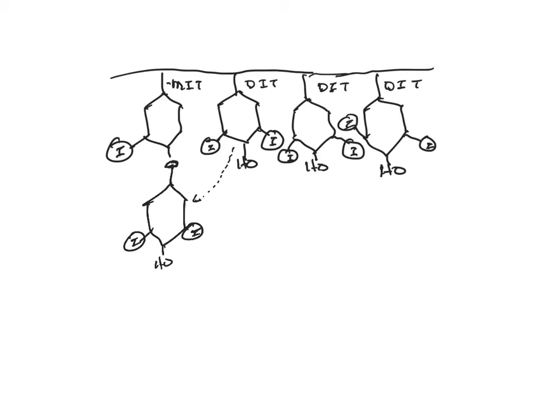Because this is a DIT, it had two iodines on it, comes down and forms with this one that has one iodine on it, and now that is